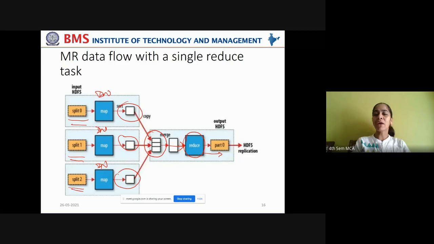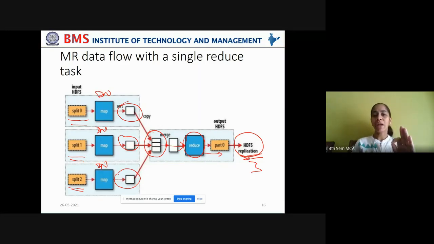Now this output has to be written onto a file in the HDFS cluster by maintaining HDFS replication. In this case, if the replication factor is 3, then it has to be maintained as 3 copies. And as you learned before, 1 copy is maintained on the local node, 1 copy is maintained on an off-rack node in the same cluster, and if no more data nodes are free on that cluster, then it can also go for an off-rack node in a different cluster.